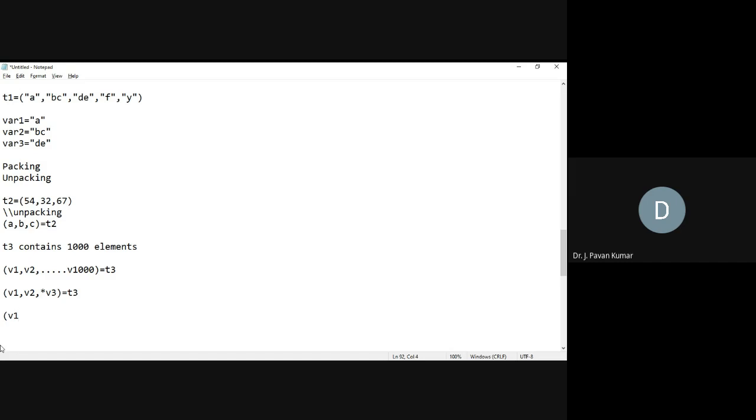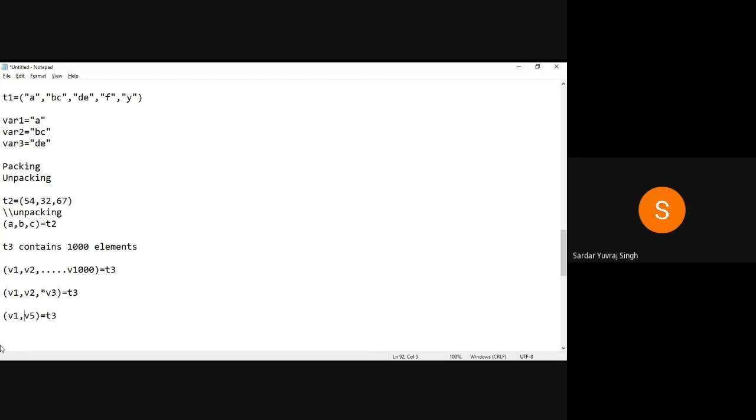Let us consider I want V1, then V5 I want, remaining all things I don't want. Okay, V1 and V5. I cannot specify like this. So between V1 and V5, there will be some elements, isn't it? That we have to consider as a list only, that we don't want to unpack. Whenever we want to keep it as it is, what should we do?